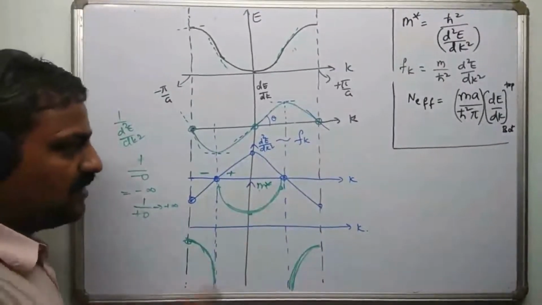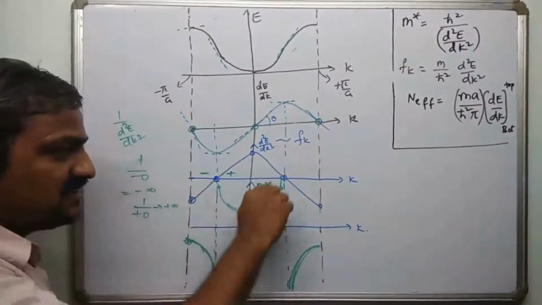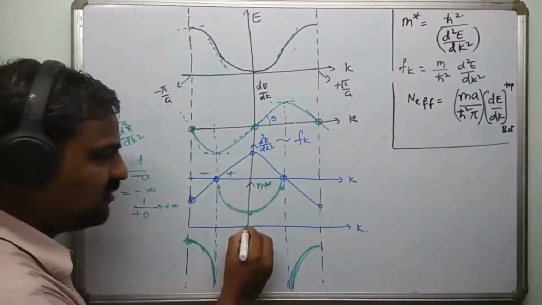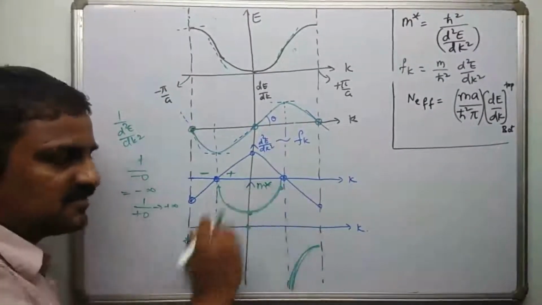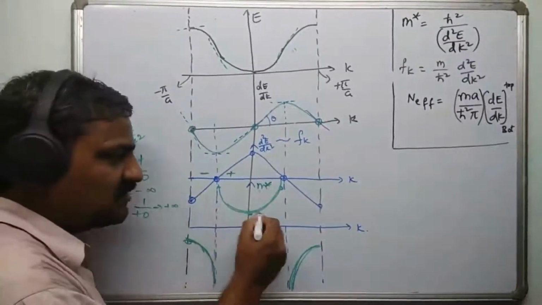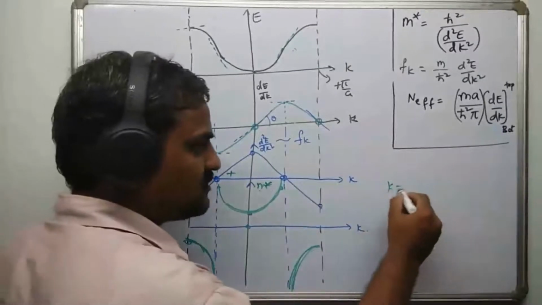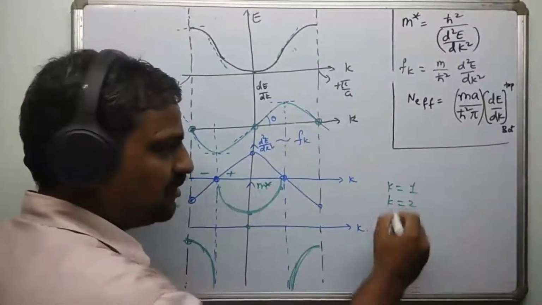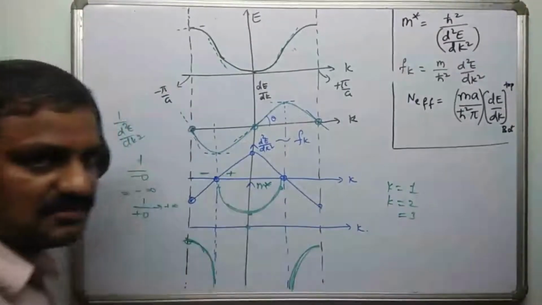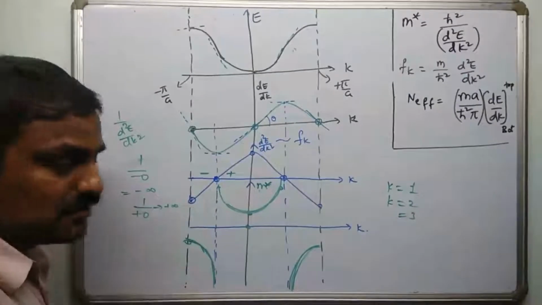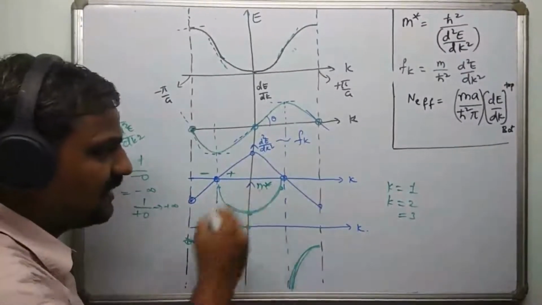Please observe. Effective mass in this region is positive. Remember, we are starting from k equal to 0 here. You focus your attention only on this region. Assume that you have got one student in the college. You have allocated the student k equal to 1 as roll number. Another student came, you have allotted k equal to 2, k equal to 3. Like that you have started filling the class with electrons. As we are talking about a solid, you have started filling like this.